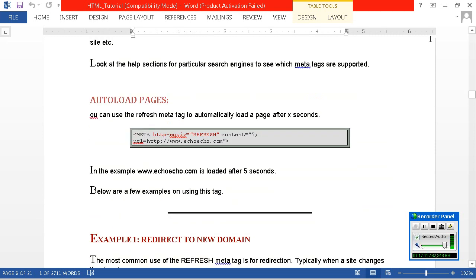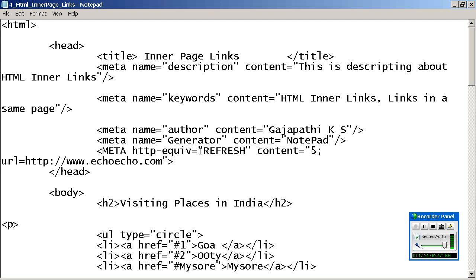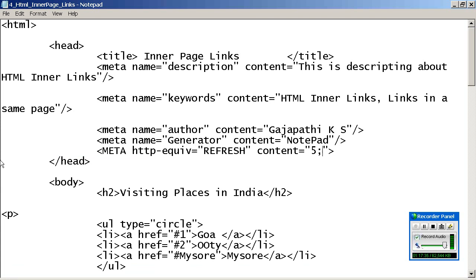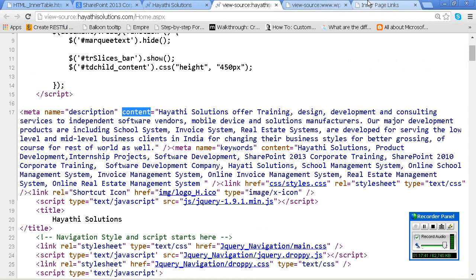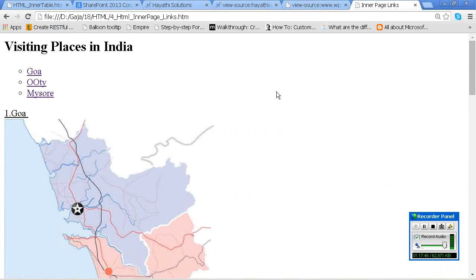So where it needs to go, I'll tell you. The tag name is meta. http-equiv equal to refresh. What should be done? Refresh. Cricket score, imagine. How many seconds? For 5 seconds. And okay. So now I am just going here. Now people can see what will happen after 5 seconds.